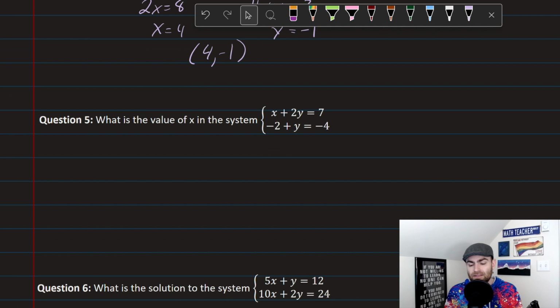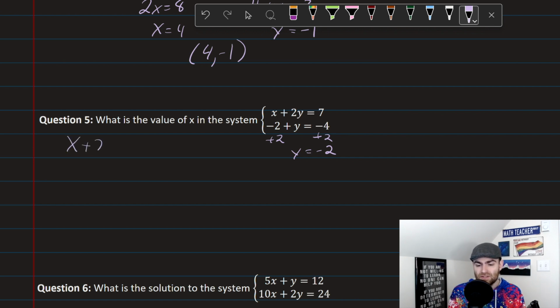Let's do this one, and we can do this one through substitution. If you look, the bottom equation has only one variable. We have a y. So you have a minus 2, a minus 4. Let's add 2 to both sides. We get y is equal to negative 2, and we can use this value of y to figure out x in the system. So we have x plus 2y, which is negative 2, is equal to 7. 2 times negative 2 is negative 4, so x minus 4 is equal to 7,